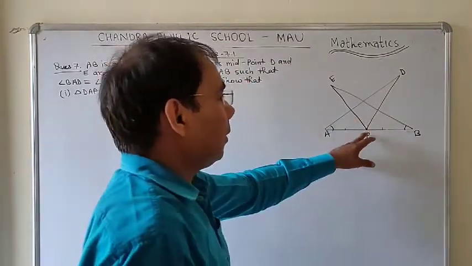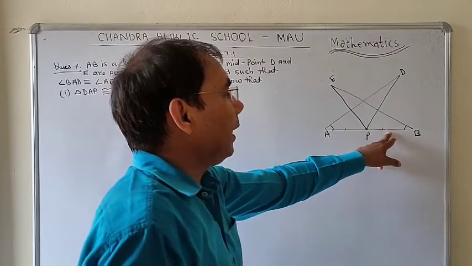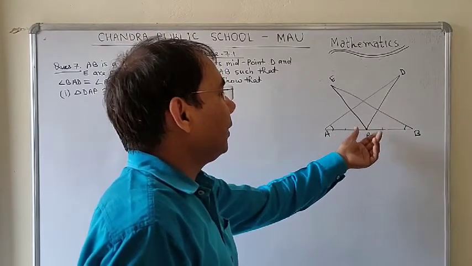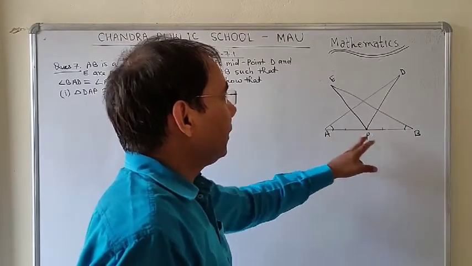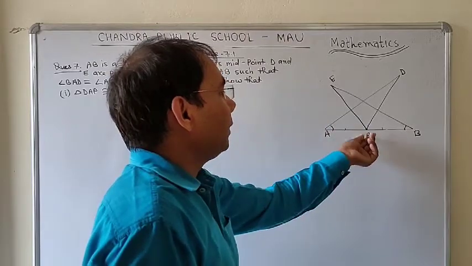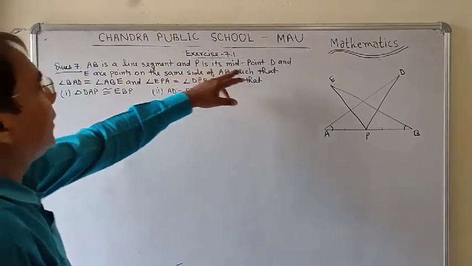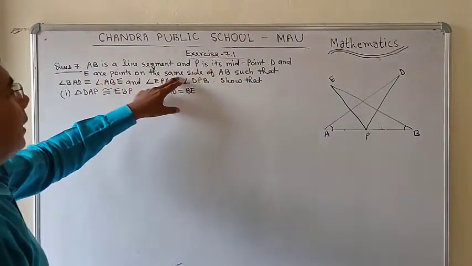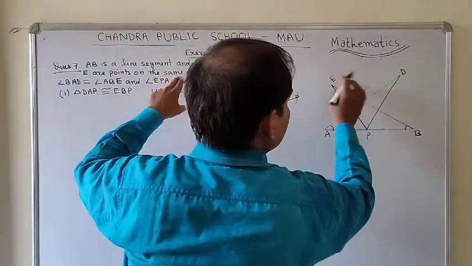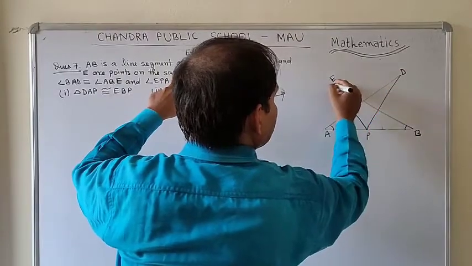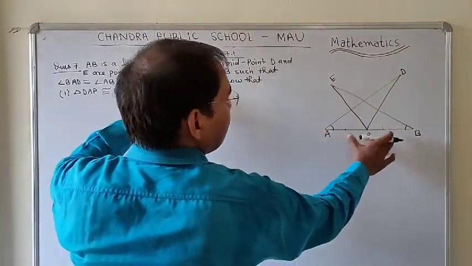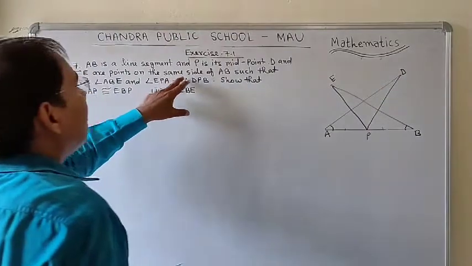If a point is the midpoint of any line segment, it divides the line segment into two equal parts. It means AP equals PB. The result is that P is the midpoint of AB. Now it is also given that D and E are points on the same side of AB. D and E are the two points which are on the same side of AB, such that